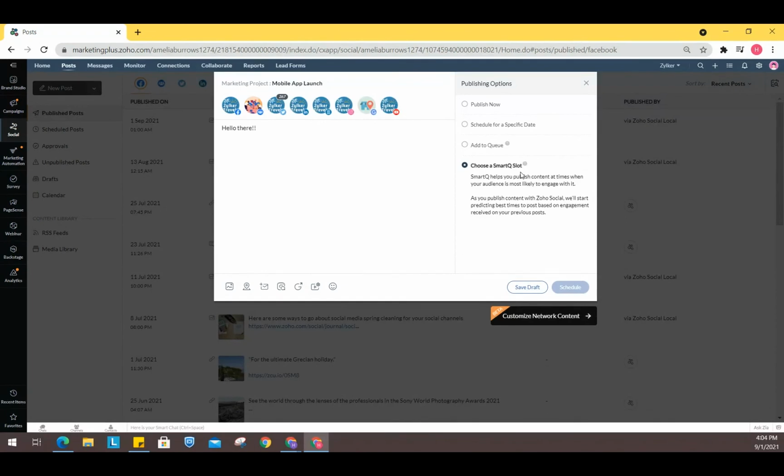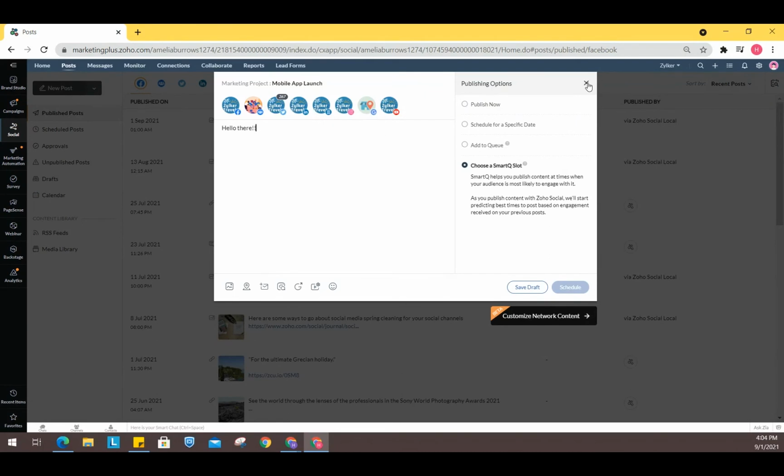In this way, you can publish the post by selecting any of these options. Once that's done, your post is now live in all social media channels. And what you did was just a few steps, that's all.